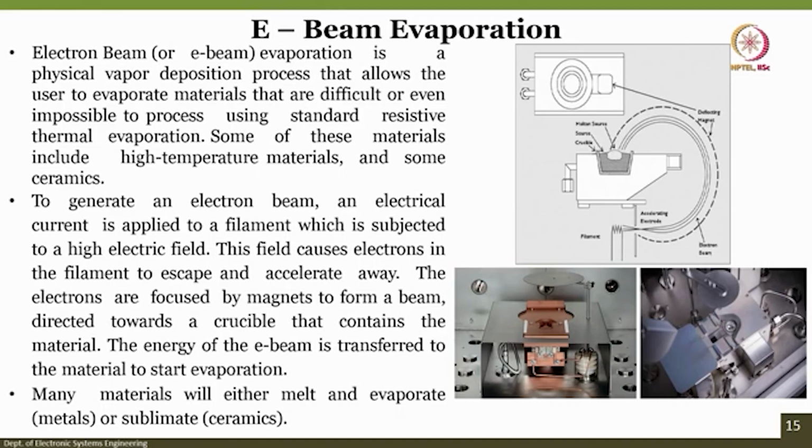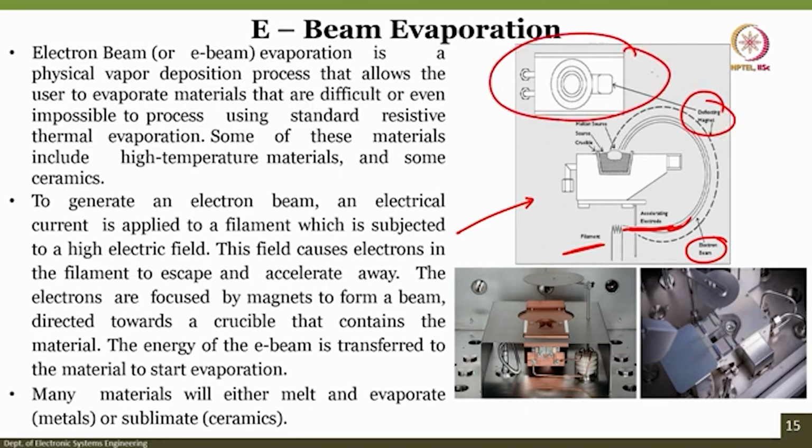You can see this schematic: you have a filament where electrons are generated, then accelerating electrodes to accelerate the electron beam, and a deflecting magnet which deflects the electrons, and the beam will be focused on the crucible that contains the